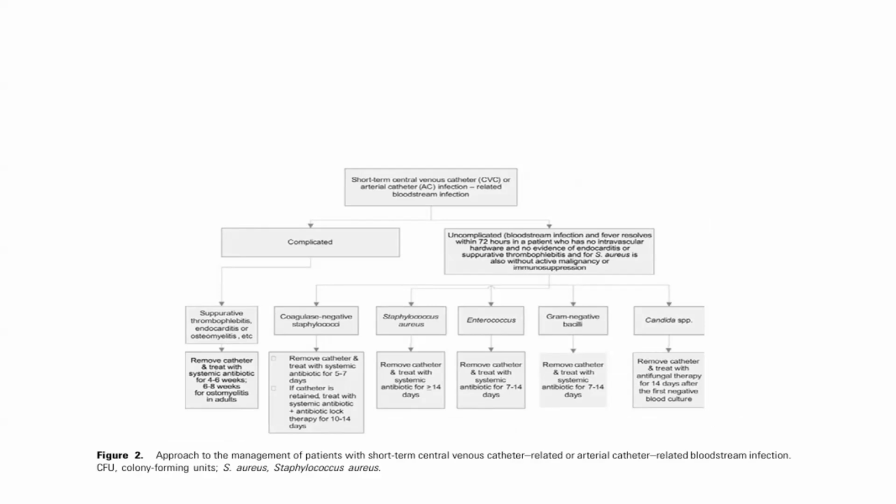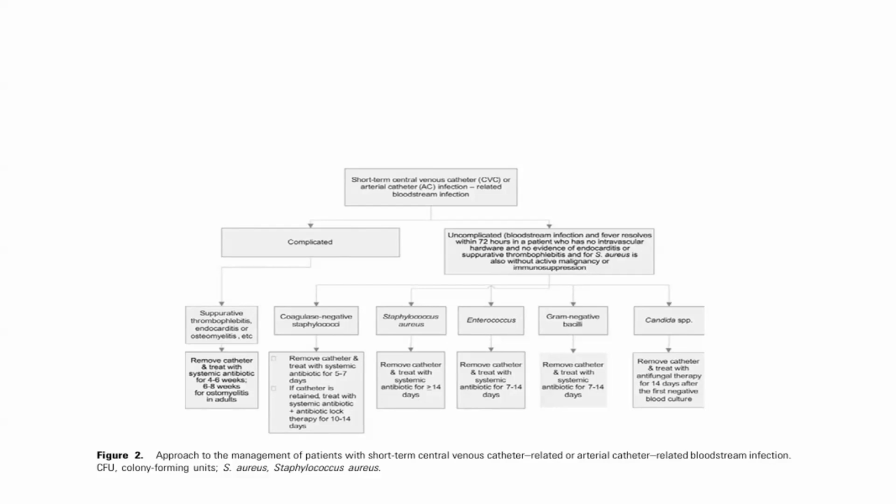If it is complicated, then it is associated with suppurative thrombophlebitis, endocarditis, and osteomyelitis. In that case, remove the catheter and treat with antibiotics for 4 to 6 weeks. If it is uncomplicated, that means the fever is resolving within 72 hours, the patient has no intravascular hardware and no evidence of endocarditis or suppurative thrombophlebitis, and it is not Staphylococcus aureus, and is also without active malignancy and immunosuppression. If it is a CoNS,